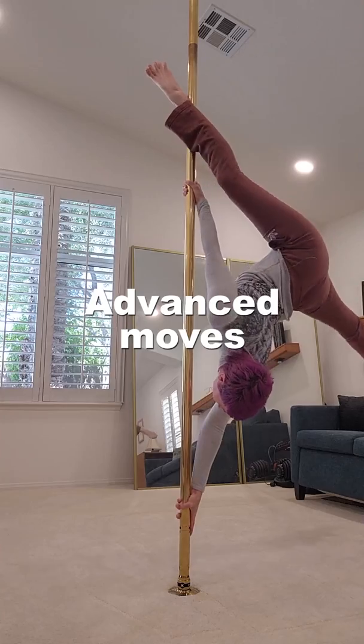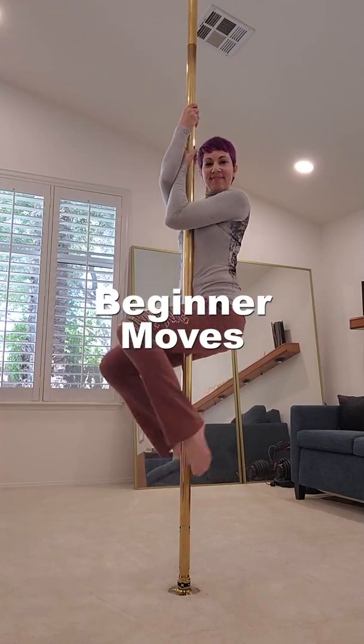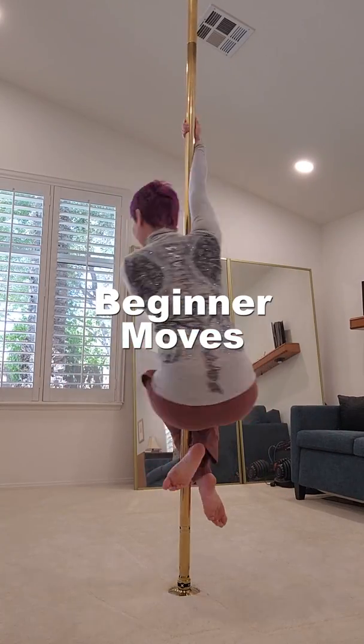Today I'm going to be talking about how much space you need for a pole at home. How much space do I need? That depends. If you're brand new to pole dance or dancing at a beginner level, you won't need as much space as somebody who is advanced. Beginner level pole work keeps you close to the pole and you focus on building strength and skills for bigger tricks. 6 feet from center is the standard answer, but this doesn't account for those who are taller or shorter